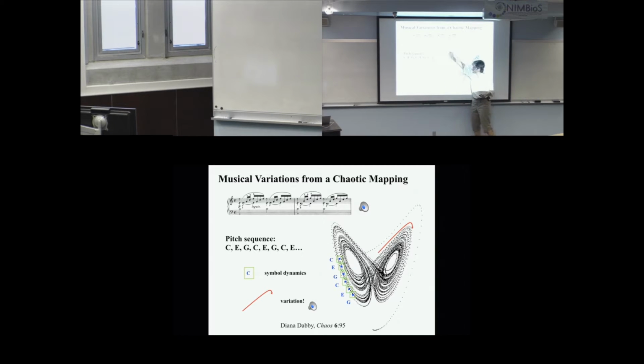She's taking this musical piece and wrapping it around the attractor. Okay? And she's spacing the dots that she associates with the successive notes exactly the right distance apart as they were in the original piece. And for dynamicists, she's using the symbol sequence to induce a symbol dynamics in the chaotic attractor. It's not a generating partition, but it's still fun.